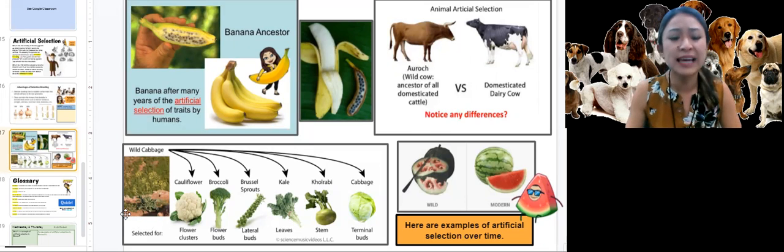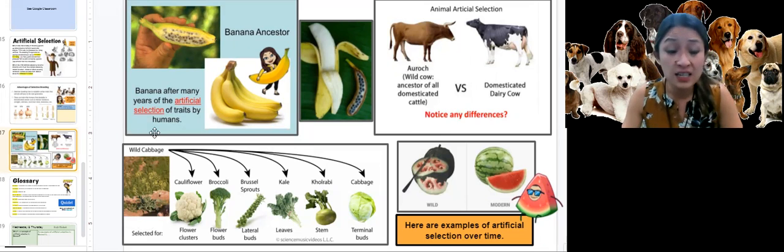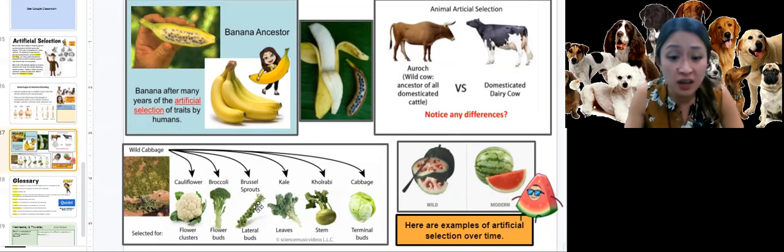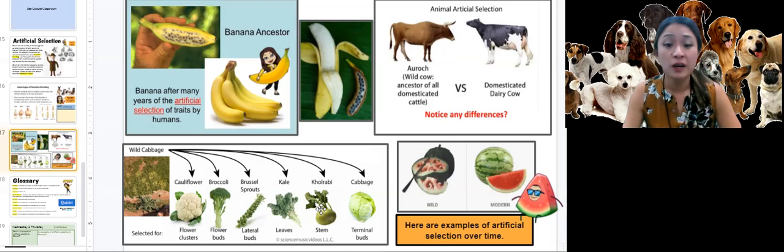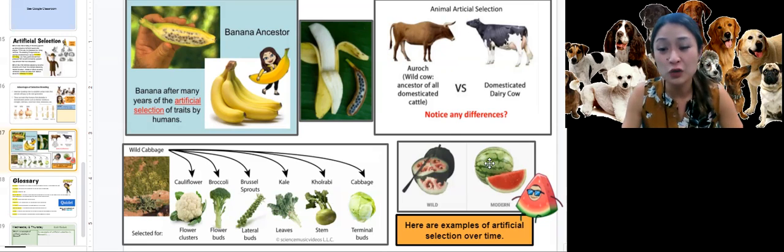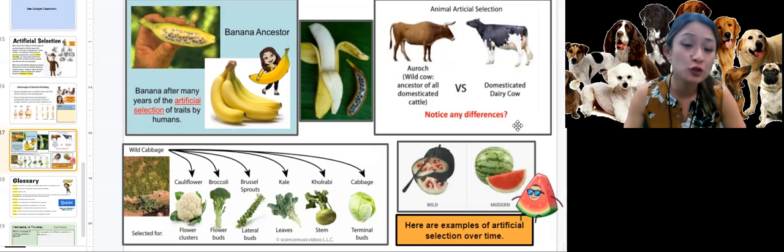If you have wild cabbage, you can select different parts and have cauliflower, broccoli, Brussels sprouts, kale, kohlrabi, and cabbage. And then here we've got your wild watermelons. And these, the typical watermelons you and I know, that is the modern watermelon, but it is the artificially selected